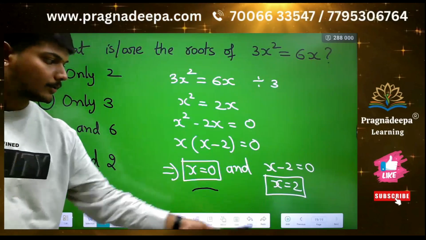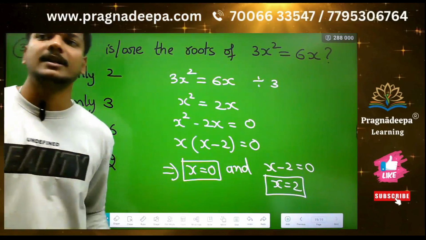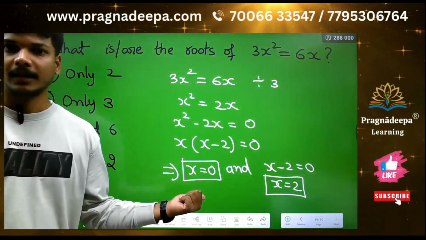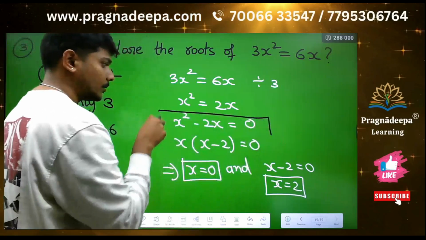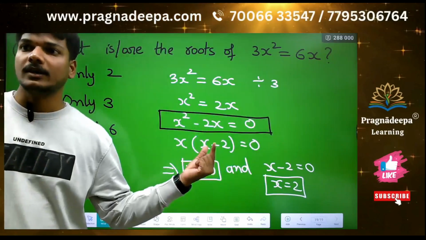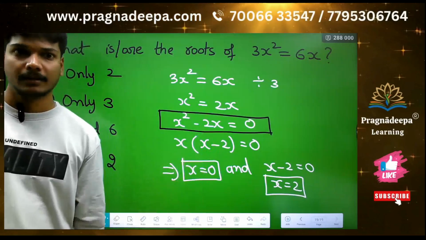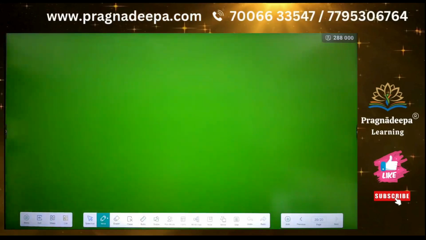3x square is equal to 6x. Okay. So in general, if the constant term is absent, 0 will always come as one root. Okay. So constant term is absent. For example, here this is the quadratic equation standard form. So constant term is absent. If c is equal to 0, one of the roots will be 0. Okay. One root will come as 0 for you. Next one. So next